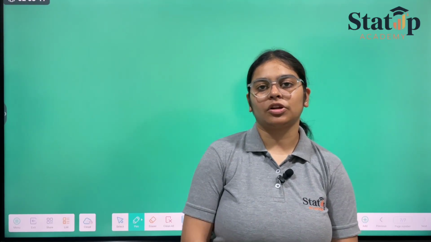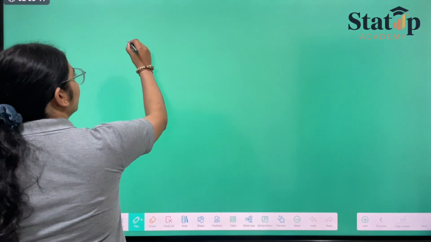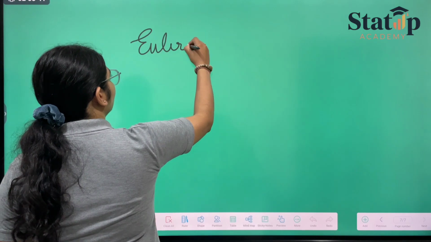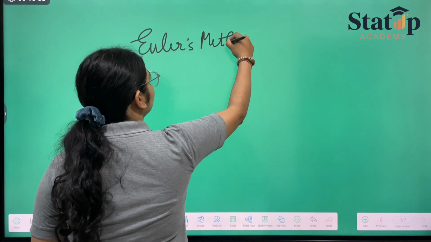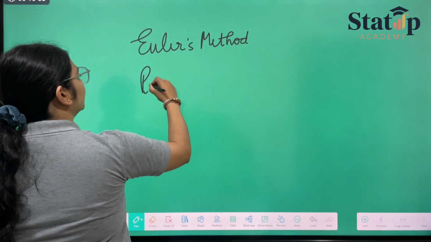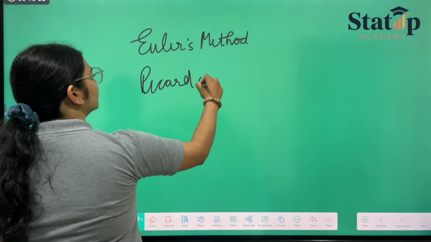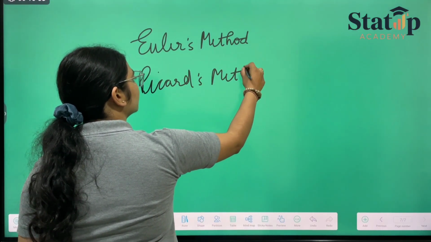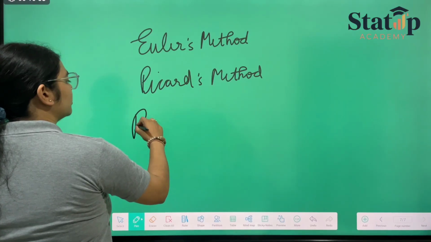In the previous lecture, we did some of the PYQs and revision of our numerical analysis. Today is the third series of our numerical analysis revision, in which we'll be doing the questions based on numerical solutions to differential equations. So, in today's lecture, we'll be talking about three methods: Euler's method, Picard's method, and Runge-Kutta method.